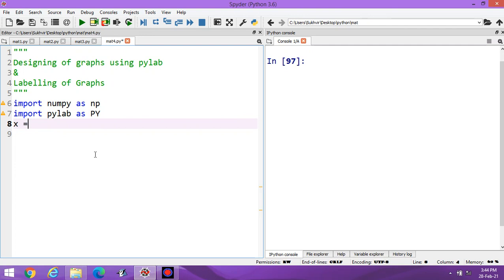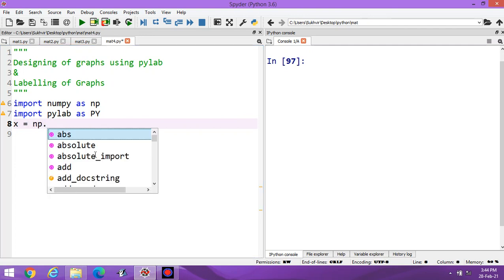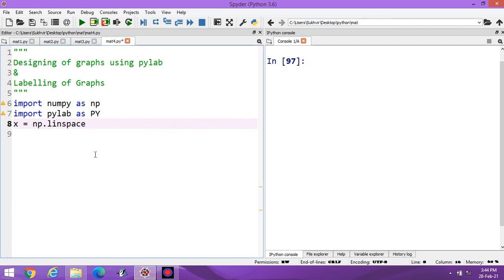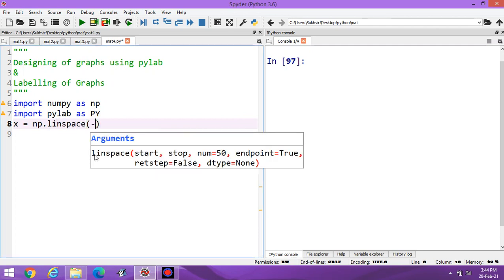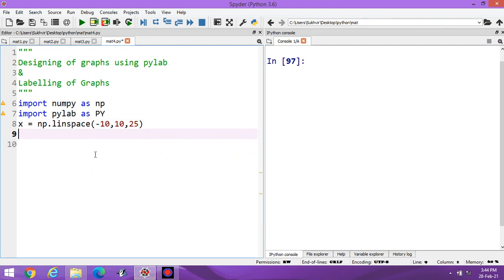Then x is equal to np dot linspace minus 10 to 10. Suppose 25 values are there. Then y is equal to the first graph, 2x minus 23.